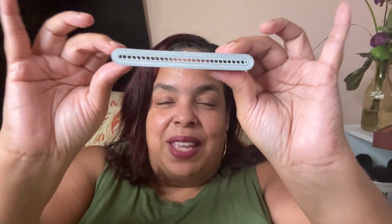Now, I found the flat duct tape not too long ago, and that's why I can take it everywhere. I love it. Duct tape can be used for so many things. I honestly feel like it is a travel must-have. If your shoe breaks, you can temporarily fix it so that you can get back to the ship to change shoes. If the light is coming through a crack in your door, you can seal that crack with this duct